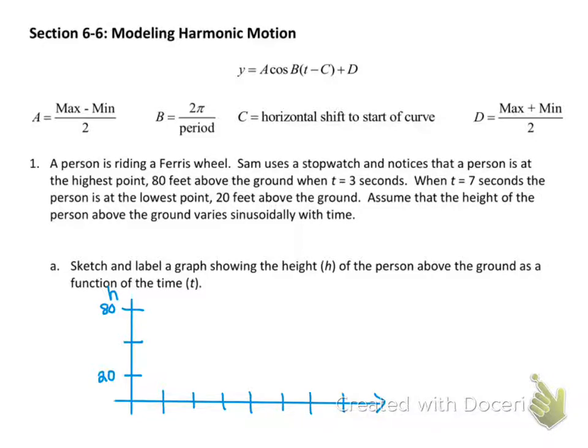So the first thing we need to do is figure out, okay, well, what is the number in between? What's that center line? To do that, we're going to take the max, which is 80, and we're going to add it to the minimum, which is 20, and we're going to divide that by 2. So 100 divided by 2 is 50. So again, this is my center line. So then I can label 50 in the middle,